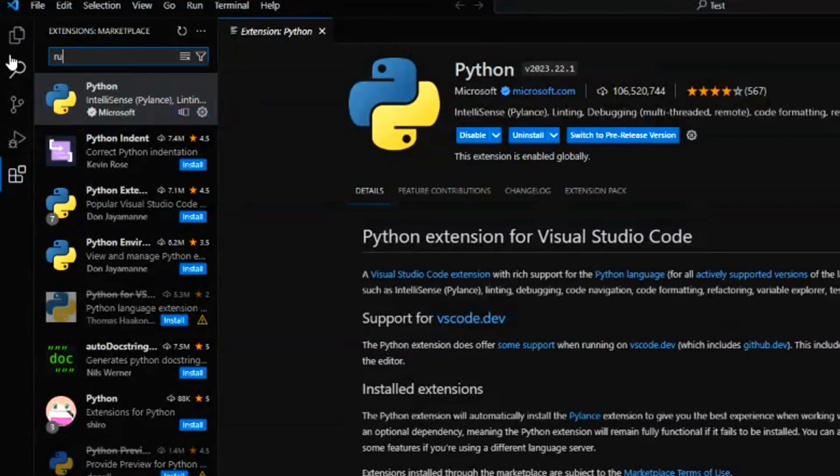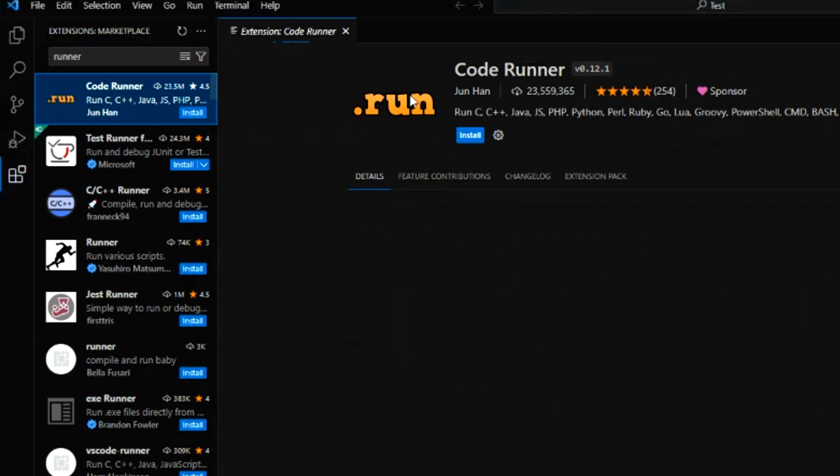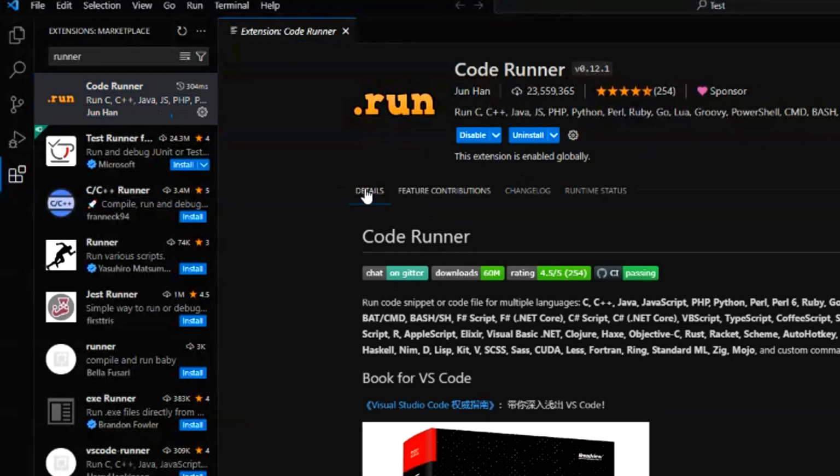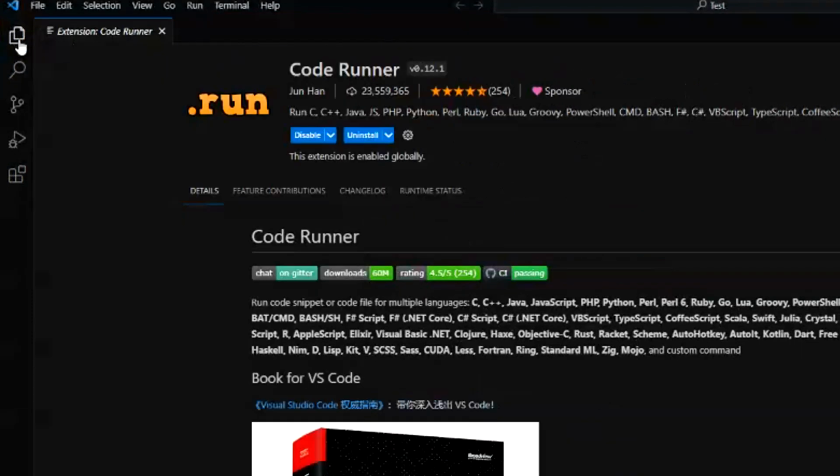The next extension we are going to install is Code Runner. Code Runner is a VS Code plugin that allows developers to run snippets written in different programming languages. Other features include running a code file in the currently active editor or through the context menu, running a selected code snippet,